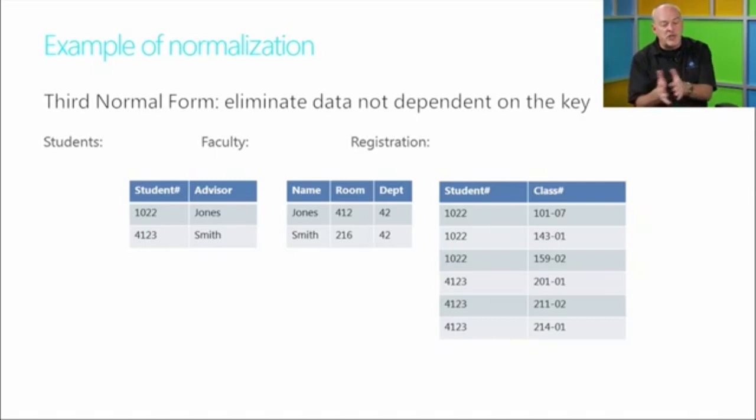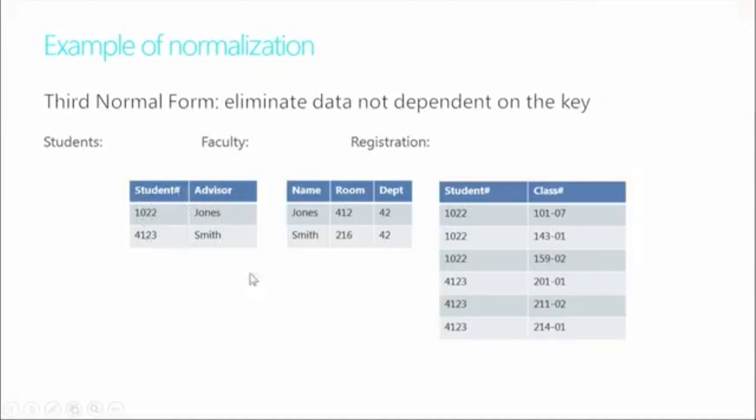Now we go to our registrations table and we have student number 1022. That's going to be attending class 101-07. 1022 will also be attending 143-01, and as you can see, it rolls down that way. So we've applied the third normal form by looking at these, because now we have our student number as one table, and it's mapping to the faculty table using this advisor name,